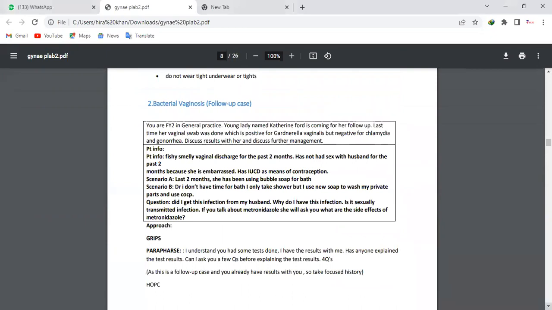Now, the next scenario is bacterial vaginosis. Who is going to practice this? I'm not going to just read the scenarios because that's not going to help you. That would be a waste of time for you people. So anybody else who wants to practice bacterial vaginosis? Dr. Naveed, do you want to give it a try? I will give everybody an equal chance. That would be helpful for you. Dr. Naveed, do you want to practice? Okay, so not right now.